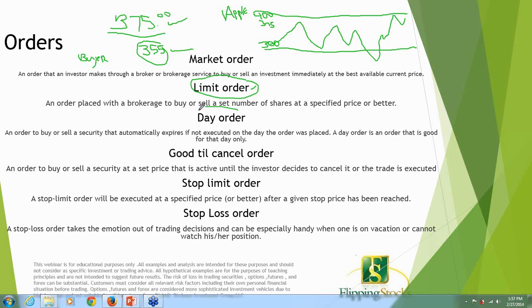And the day order is pretty much saying that you want to buy this stock at a certain price today. Now the market opens at 9:30 in the morning and it closes at 4 p.m., Eastern Standard Time. So what happens is, when you put your order in that you want to buy Apple, let's say at 355,